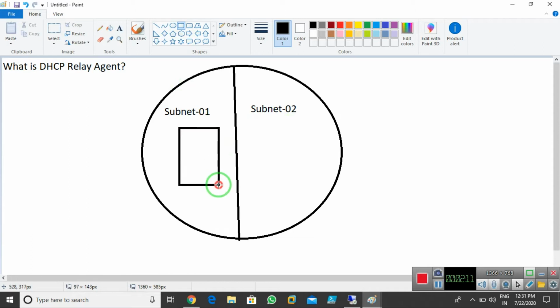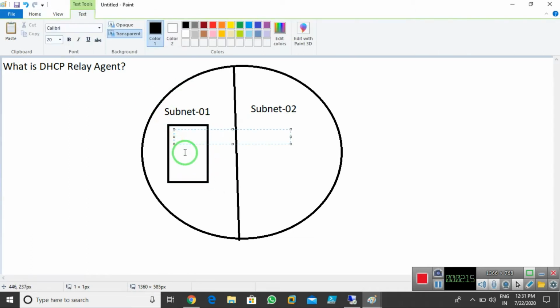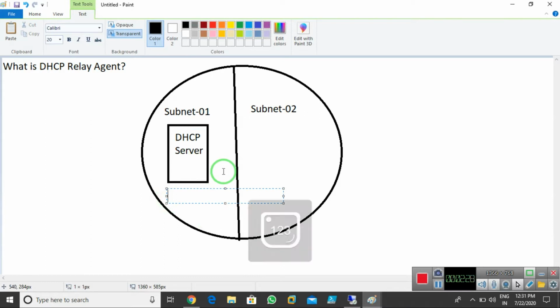Imagine there are 100 clients running, and this DHCP server provides IP addresses to these 100 clients.